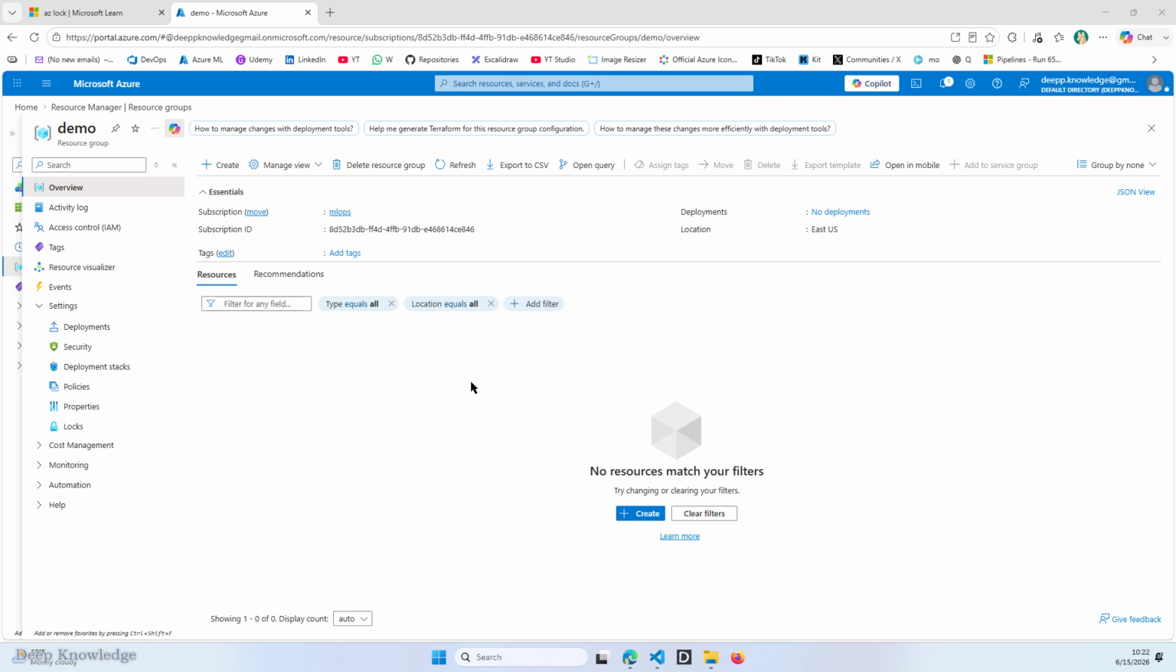So what makes locks powerful? They can be applied at different levels: the subscription, meaning the main subscription, or maybe the resource group. For instance, I would like to show you here in a resource group, and also on an individual resource inside the resource group. This gives us flexible control depending on how much